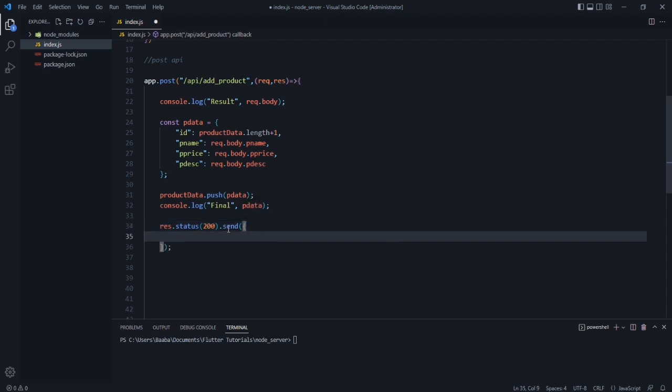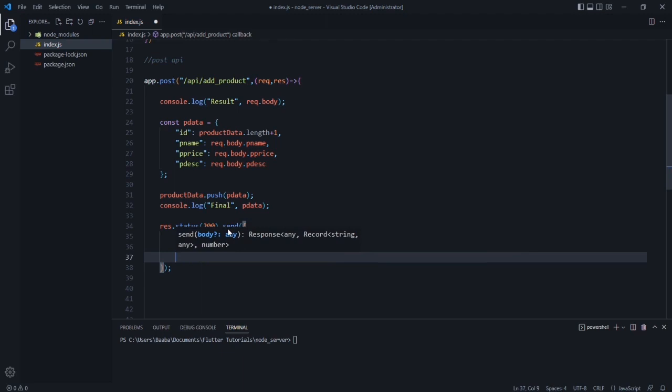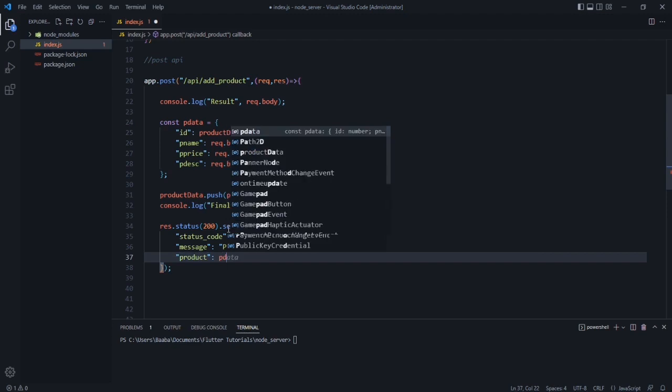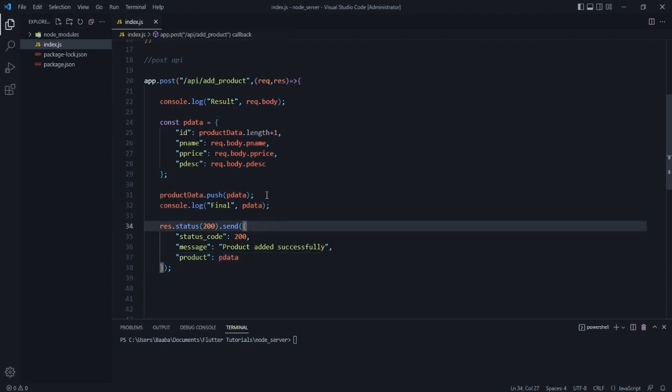So in this map we want to say status code, and it will be 200, and after that we need to pass a message, so it will be message, and it will be anything. I will say product added successfully, and after that if you want to pass any other thing, like you want to pass the product, you can say product, and the product is our p data, and just save it. Okay, so it will send the response back. So our API is done.